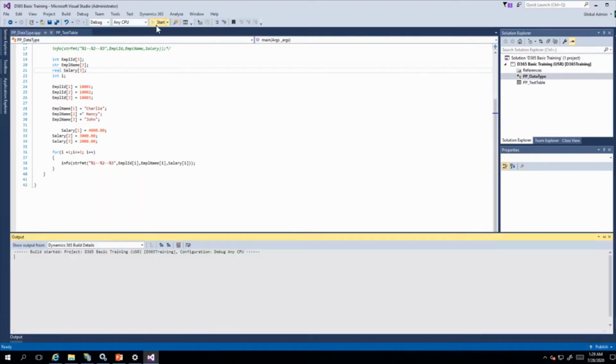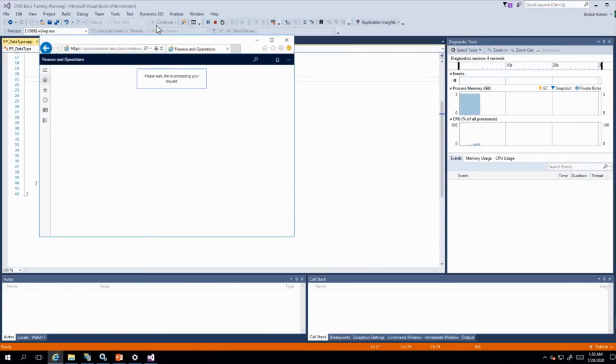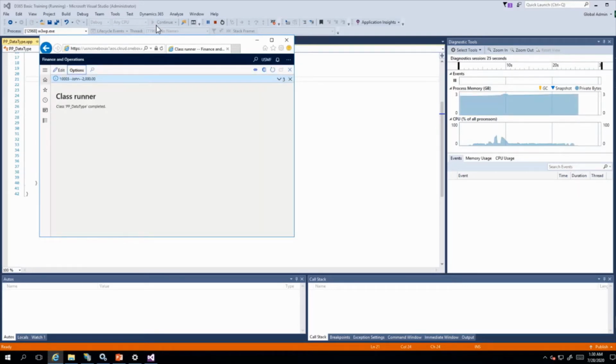Let me start this. See, now here you can see we got our desired result. Employee 1 name Charlie, this is the salary. Employee 2 name, salary. Employee 3 name and salary.